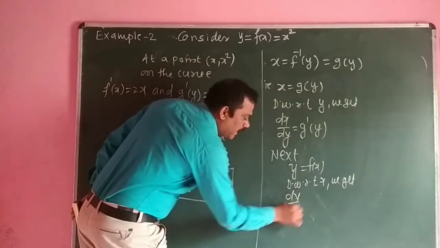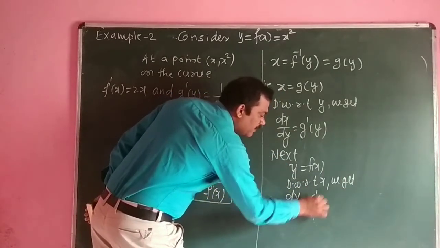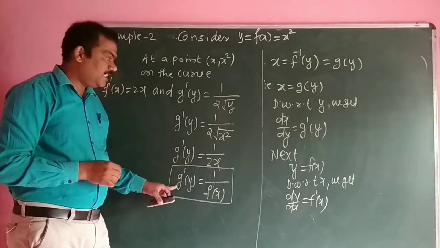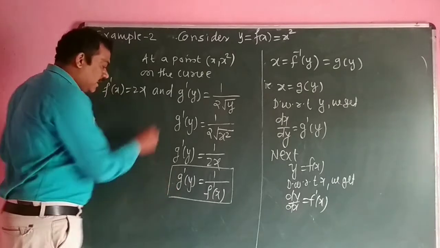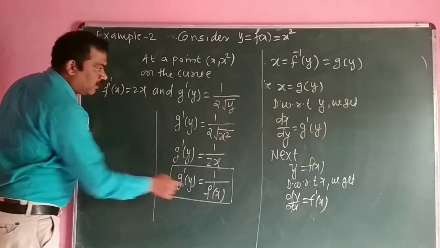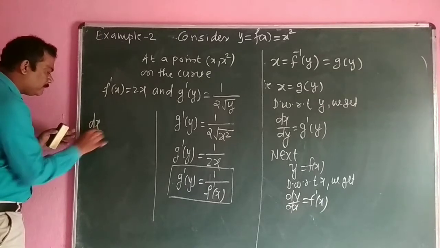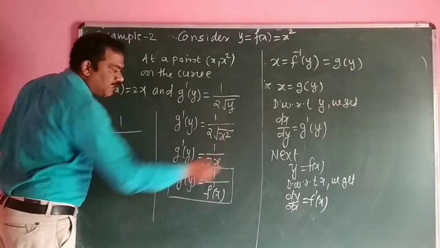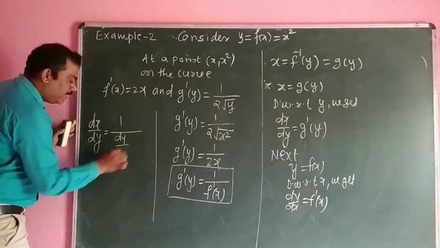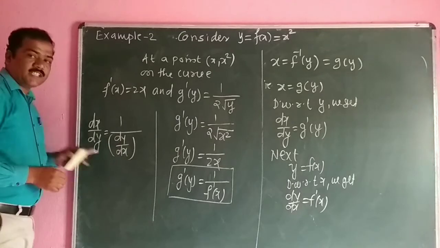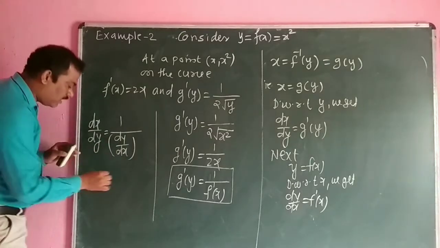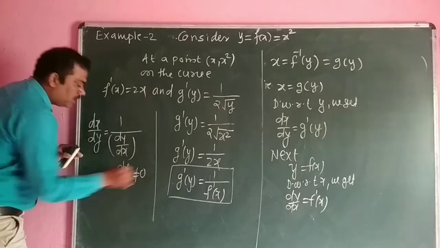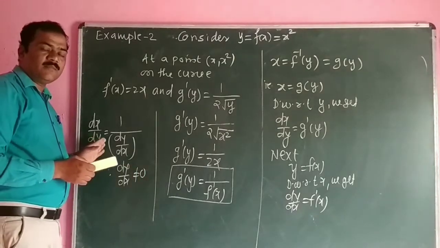dy by dx is equal to f dash of x, which means f dash of x is nothing but dy by dx. g dash of y is nothing but dx by dy. It means that instead of this, we can write dx by dy is equal to 1 upon f dash of x, which is nothing but dy by dx, with the condition that dy by dx is not equal to 0. Since dy by dx is not equal to 0, we have to discuss the theorem related to derivatives